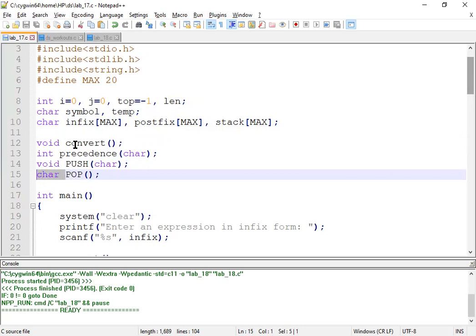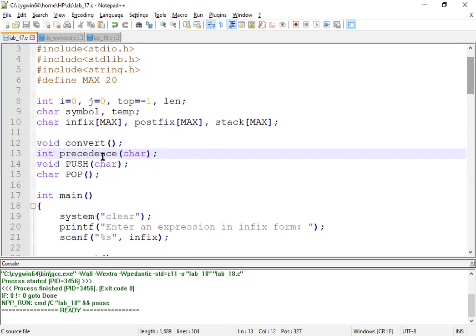Apart from these two, we have two more functions. The first one is convert. As the name suggests, this user-defined function is used to convert the infix into the postfix expression. It does not take any parameter and neither does it return any value. The last function is precedence. As we know, multiple operators will be used in the expression, and different operators have different priorities.